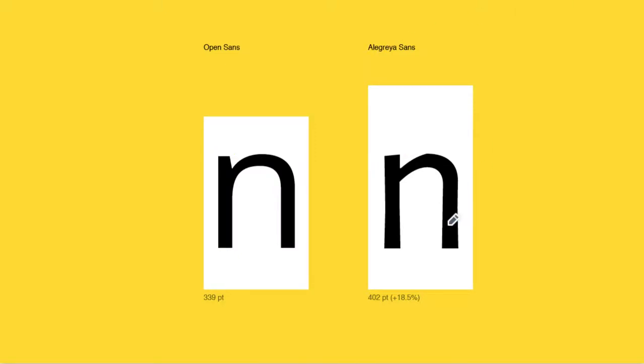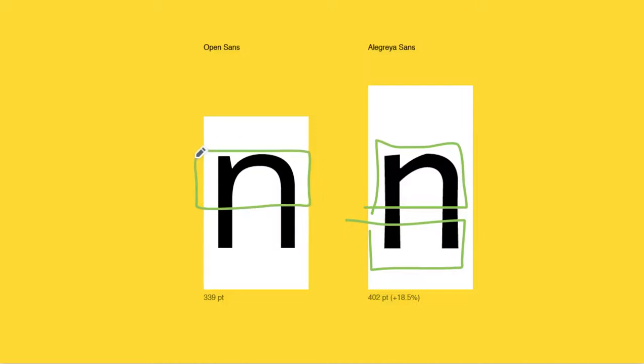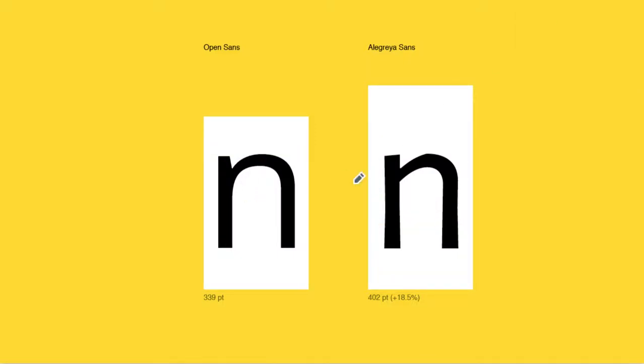I think overall, the impression you should be getting is that there's a little more of a calligraphic feeling, especially on this approach up here, as well as the flaring on the bottom down here in Alegreya Sans, that makes this feel much more rustic already, compared to this more traditional grotesque sans serif approach over on the Open Sans direction. There's actually seems to be a bit more of a, well, one is